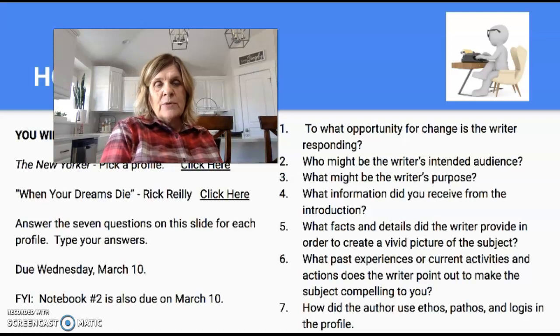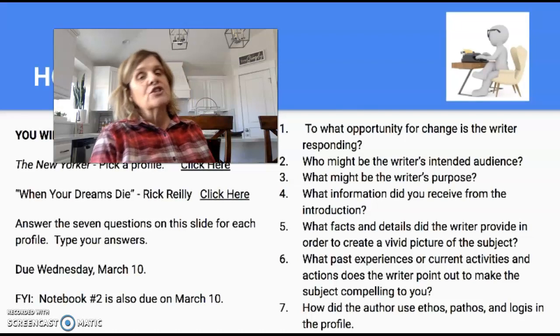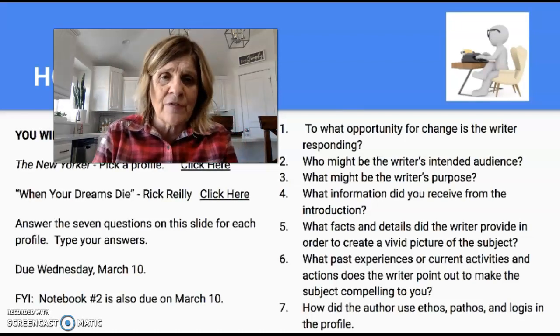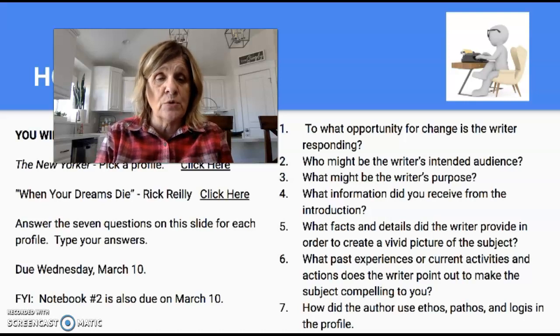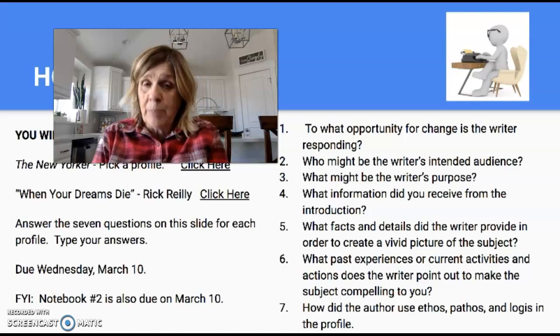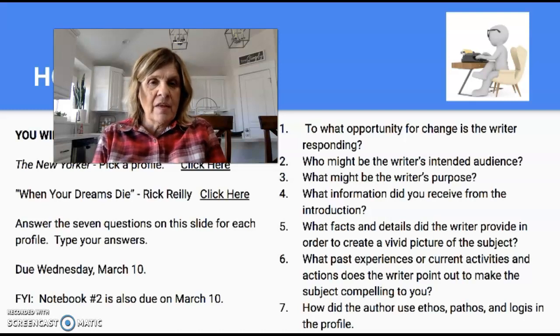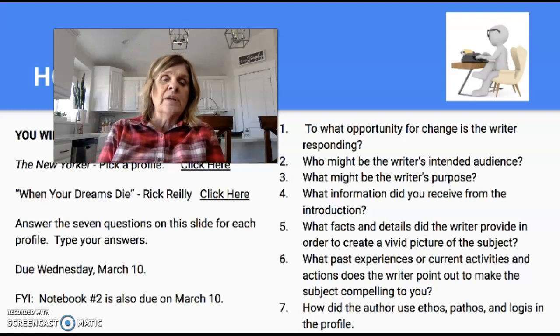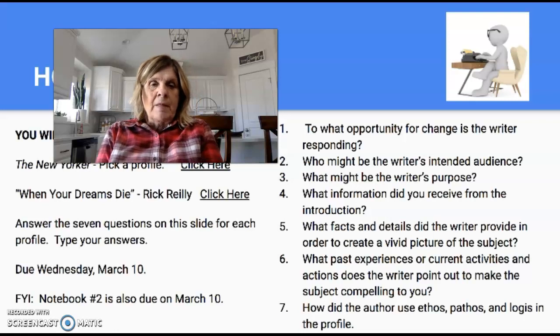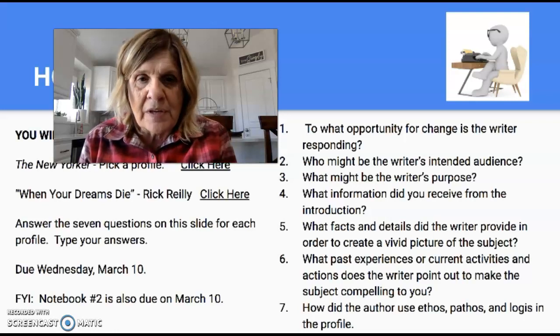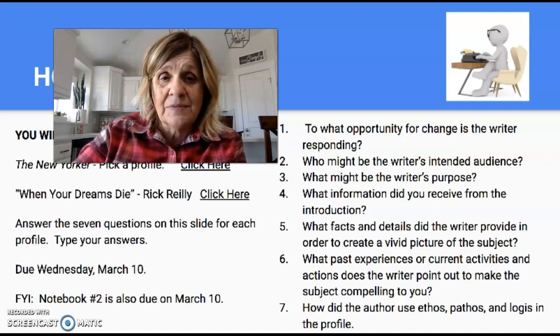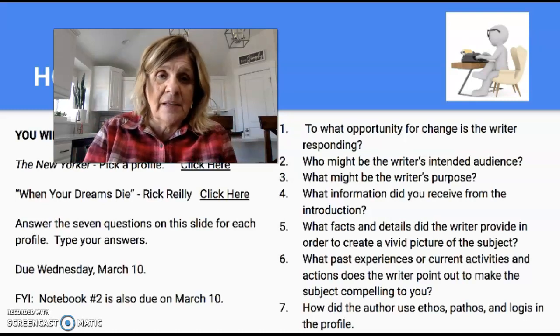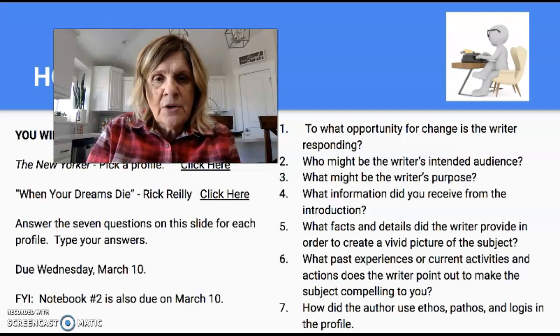Your homework for today, it's going to take longer because each of you will have to read 2 longer profile essays. The New Yorker actually has a segment where you can access tons of different profiles. So this link on this slide will take you to that portion of their magazine. I want you to pick one. Of course, you're going to have to write the name and the article and the publication information for that one, and then answer these 7 questions. And then the second one is one additional Rick Riley, a longer profile that he wrote about a man who was a referee. And anyways, powerful story. So answer each of those questions.